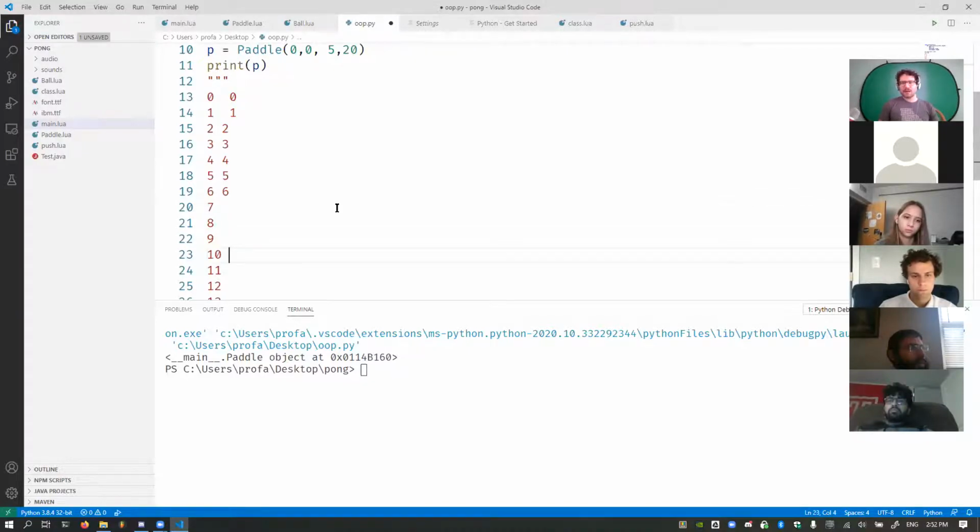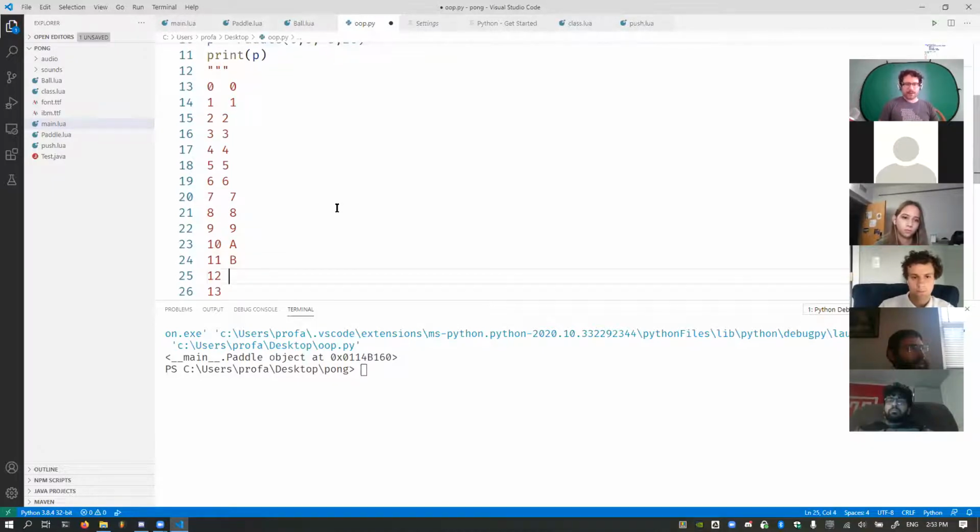After 9, we represent 10 with A, 11 by B, C, D, E, F. And those are the values. They can be multi-digit, such as the one above there. So for instance, FF, this is base 16, translates to 255.